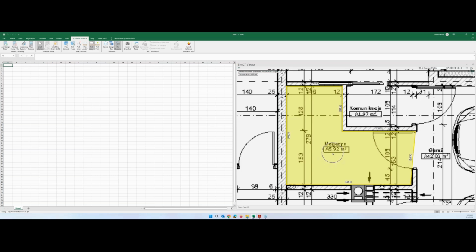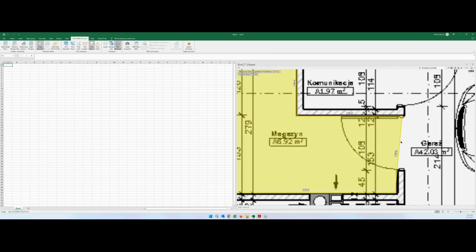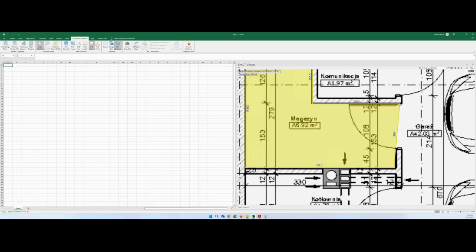679. In AutoCAD, it was 692. The reason why I do not have 100% sequence is that on purpose I selected the area with the door a little bit shorter. That's why it is 679. But in reality, we really achieve 100% sequence, even from the PDF file. So I